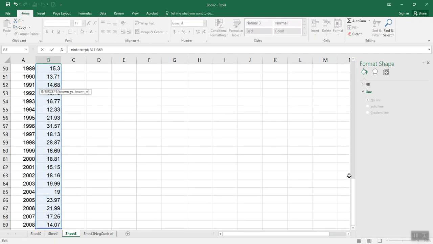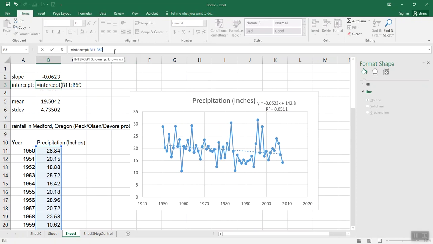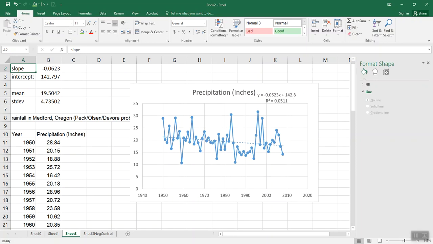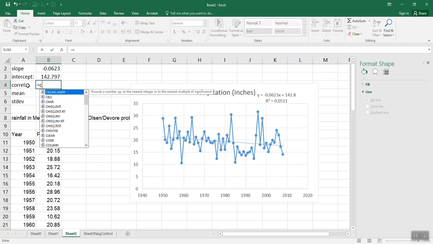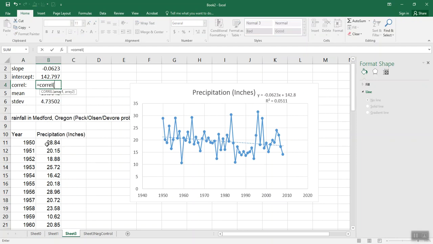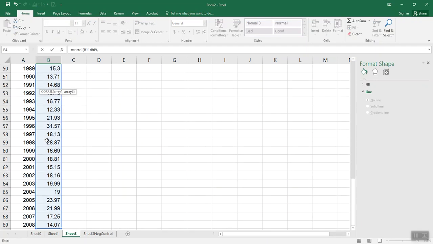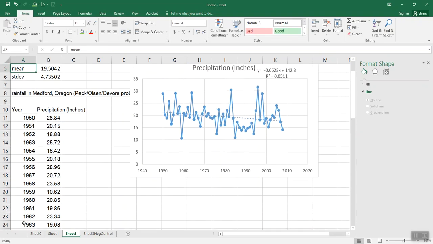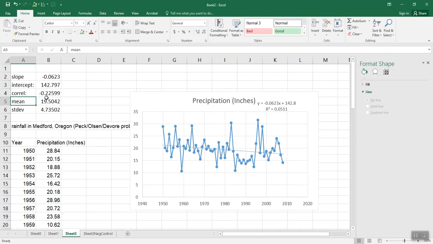And there we go. Okay, so I got the slope and the intercept there. Might as well get the correlation too. For that one, it doesn't matter which one you do as x or y. I'll just do them in the same order as the slope and intercept. So I can use those to